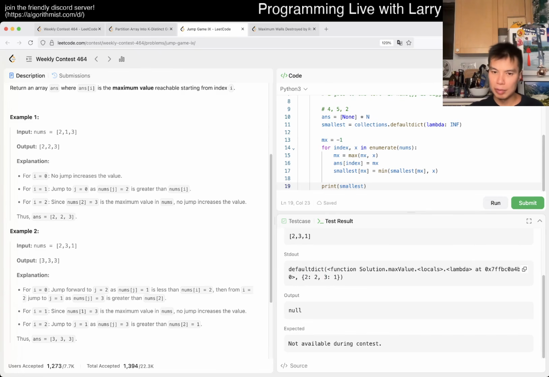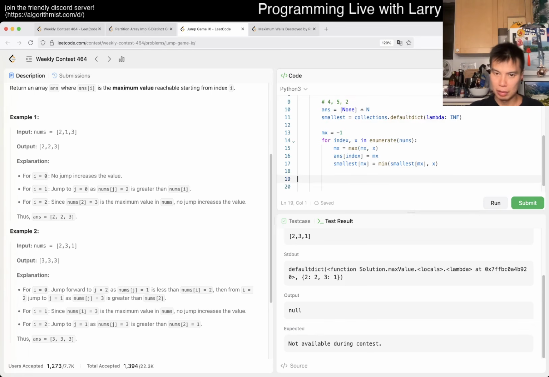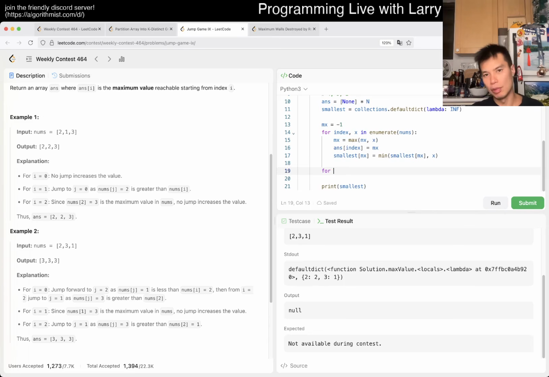I mean, we need to do a prefix backwards, right? Because it means that if you're 2, then you could go to a 1 later, right? So we have to do a prefix backwards, right? So maybe for